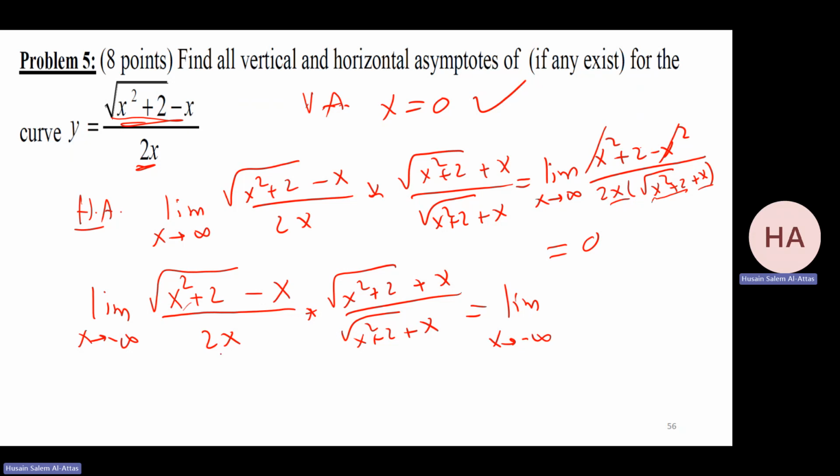It will be infinity over minus infinity. So it's infinity, infinity, undetermined. Do this. I have what? Square root of x squared plus 2 minus x over 2x. This will be infinity minus infinity. That means what? We did the infinity. We have 0. But the minus infinity, it will be